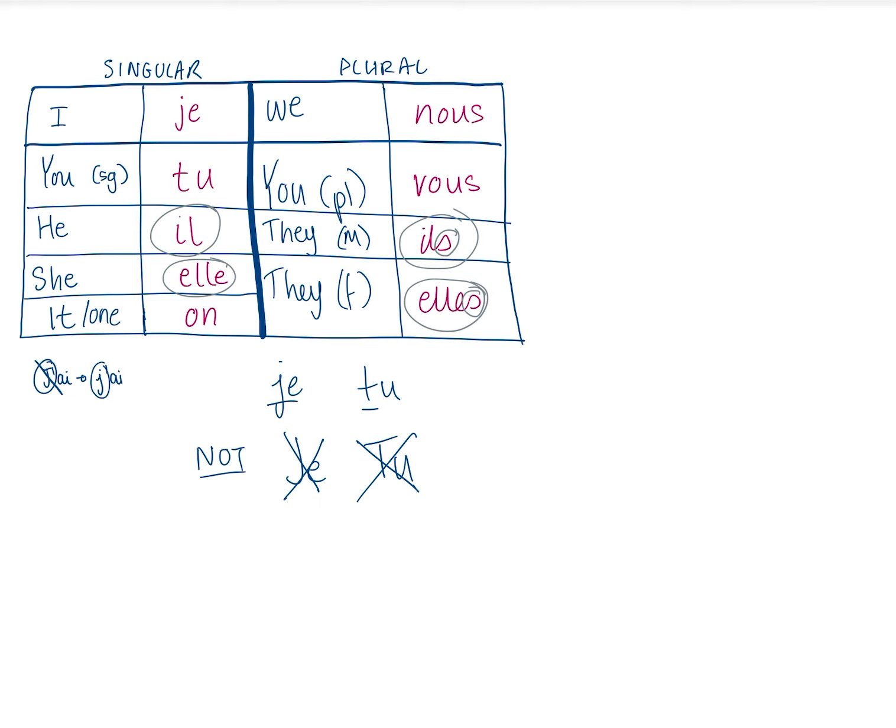Finally, for RE verbs, we have s, s, nothing. So when we take off the RE from our stem, we just leave it as the stem. For nous, we have ons. For vous, we have ez. And for ils or elles, we have ent. So they're exactly the same for plural as for